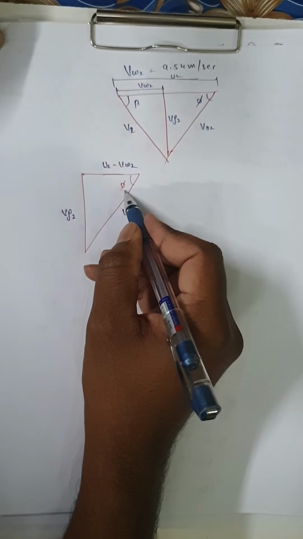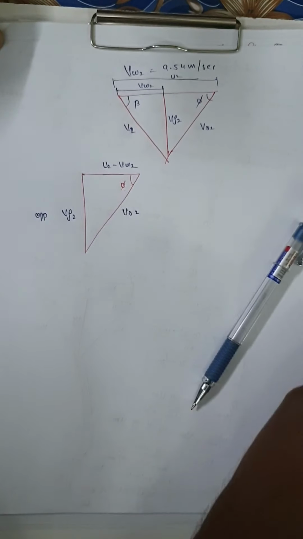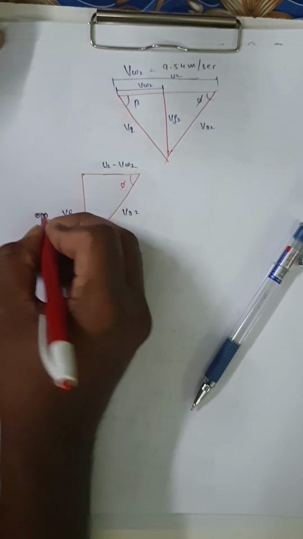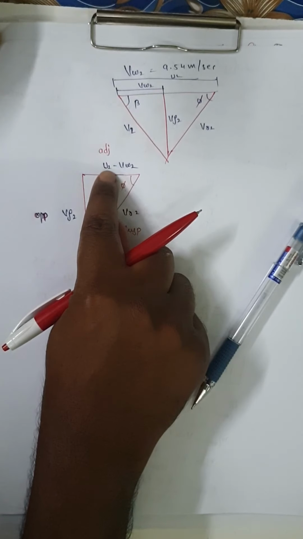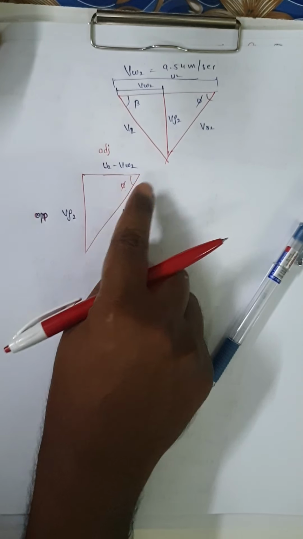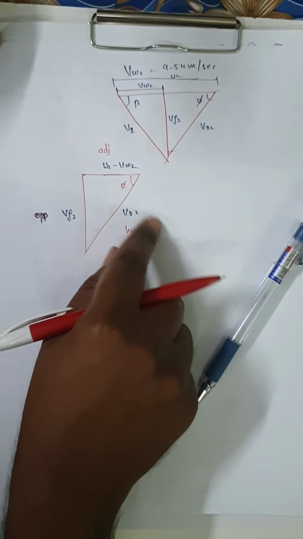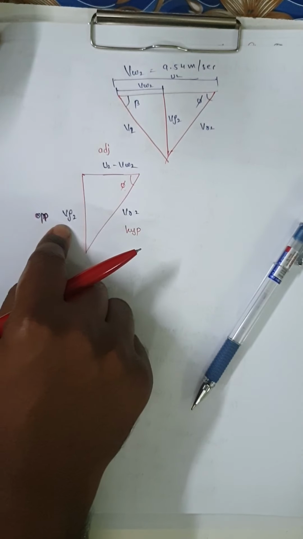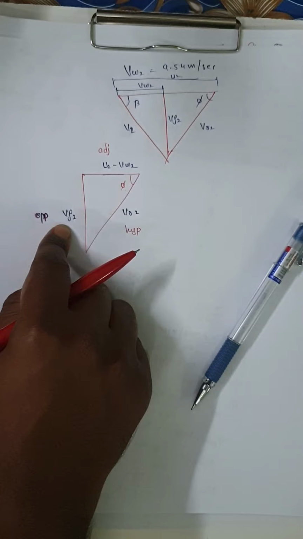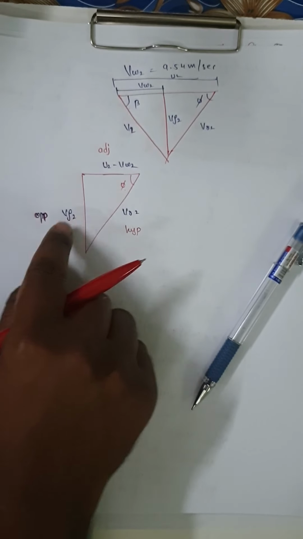And here theta is there, so the opposite side you have to consider as the opposite, the inclined one as the hypotenuse, and this one as the adjacent. Now you know the value of U2 as well as Vw2 as well as pi. Now you have to find the value of Vf2 and Vr2. It's up to your wish, you can select this one or this one. I am selecting this one because he is asking to find the discharge. In the discharge formula, Vf2 value is needed, so better to find this one.